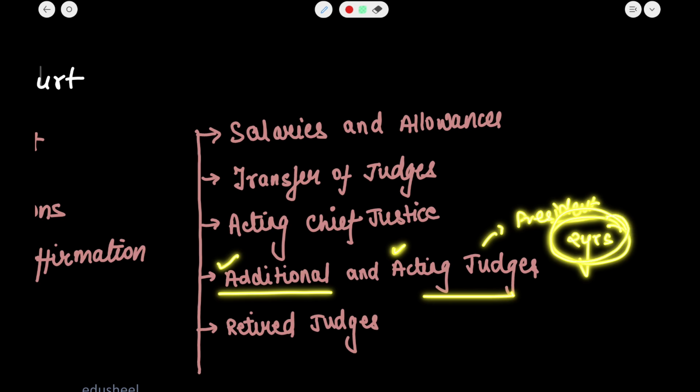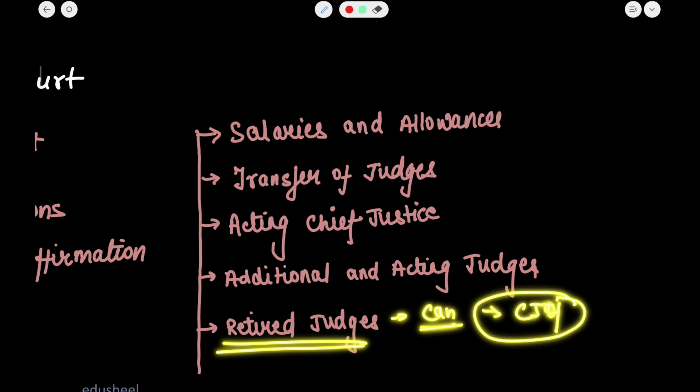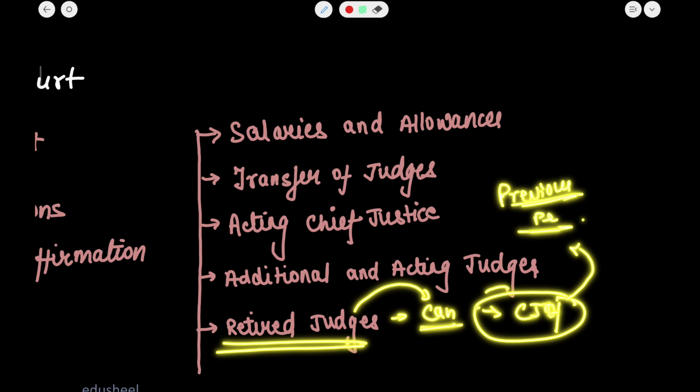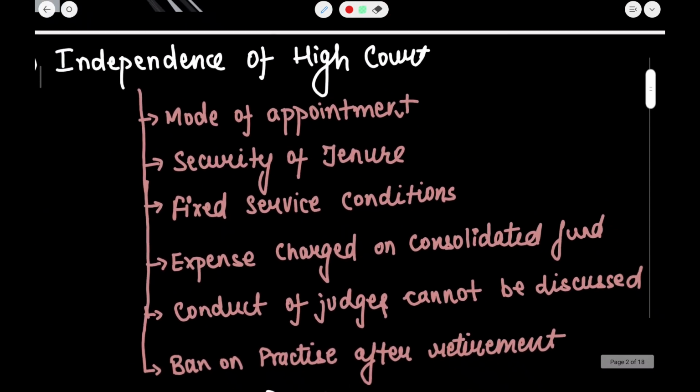Okay. Now what about the retired judges? Yes, retired judges can become judges of the High Court on the request of the Chief Justice of that High Court. A retired judge can act as a judge of the High Court when the Chief Justice of that High Court requests them to, but previous consent of the President is needed in this. Okay, previous consent of the President is needed. Now let us see